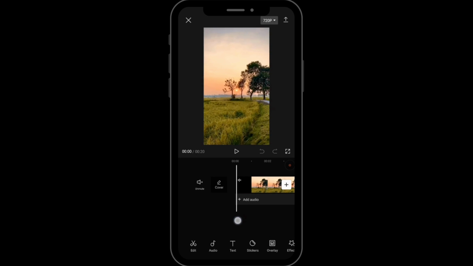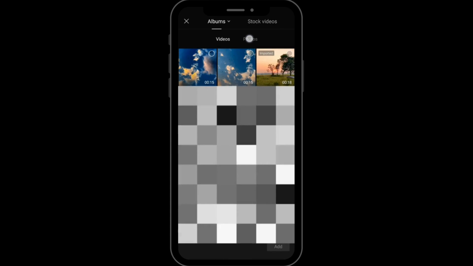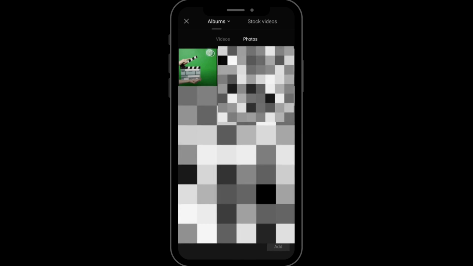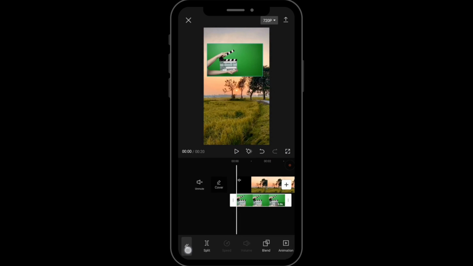So from here you can see the overlay option in the bottom. Tap on that and tap on the add overlay option. After that, swipe to the photos and tap on the green screen that you have saved. And from here adjust the green screen where you want to and tap on the green screen, and in the